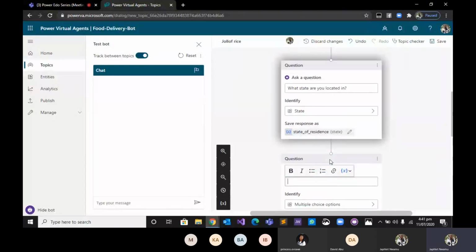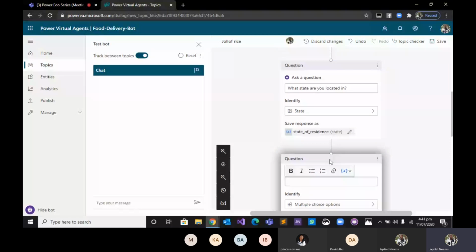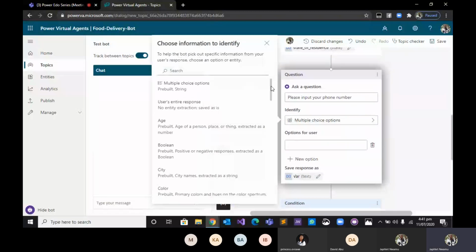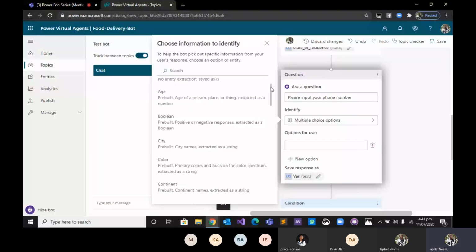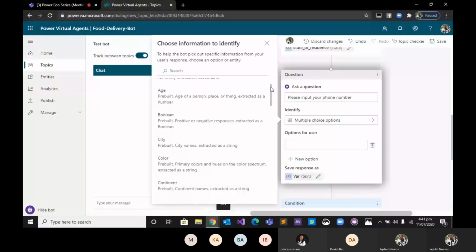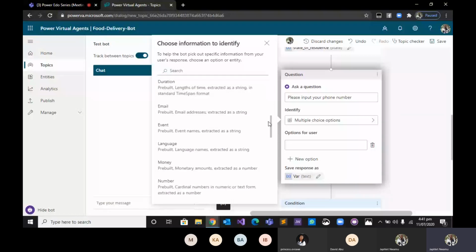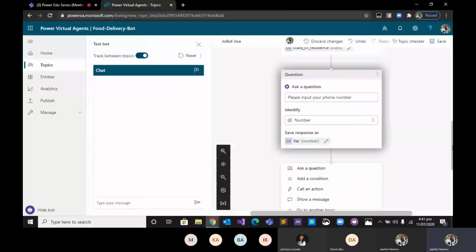Next we ask, tell the user please input your phone number. A Nigerian phone number is 11 digits. So let's say the user inputs maybe a 12-digit number. Should it still be able to verify it? It should not. So this is what we're going to do. Make it a number, but we are going to have a condition